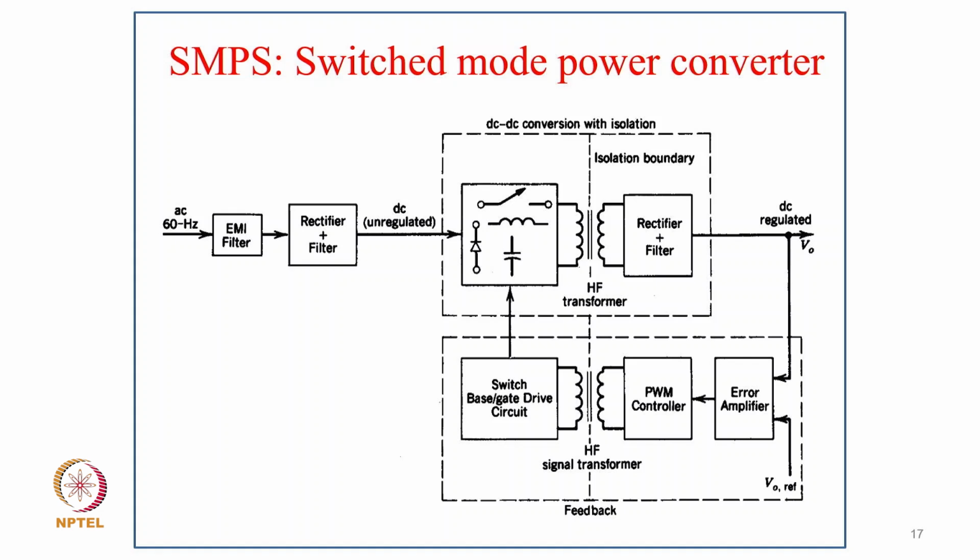which we want to regulate with the error amplifier. Normally the PID controller or PI controller is used. And then we have a pulse width modulation controller. With the isolation we give the gating signal. Isolation is required because we give the gating signal to the devices on the high voltage side, and this control is only on the low voltage side normally. So that's the basic building block of this switch mode power supply, used in a large number